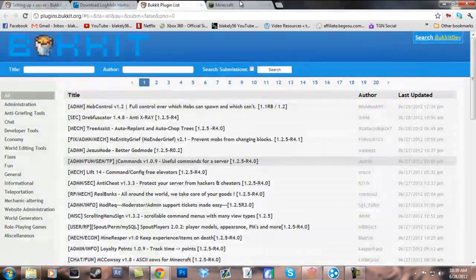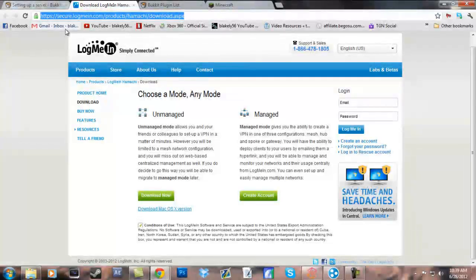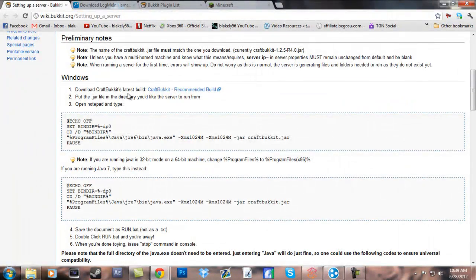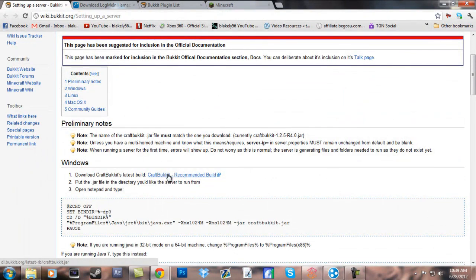Sorry. But anyway, you guys can do your fun stuff and make people fly and all of that jazz. But anyway, what you're going to do is download the latest CraftBukkit, which is just Bukkit,